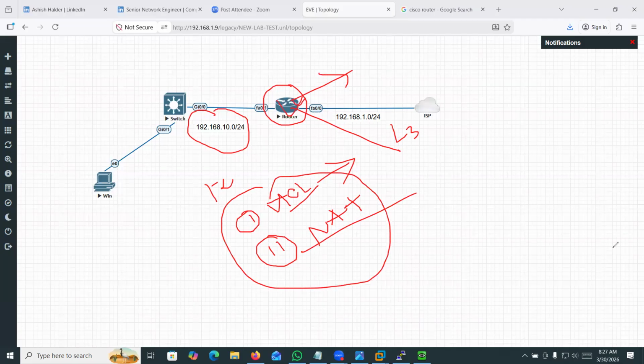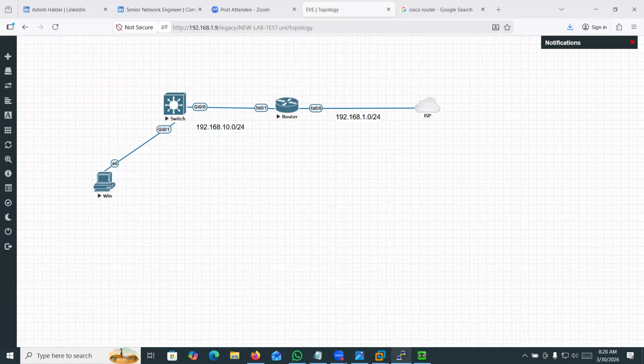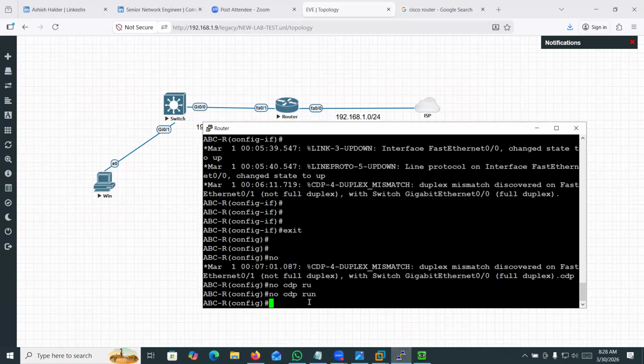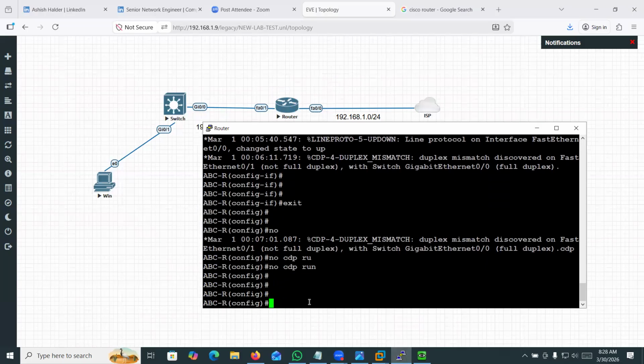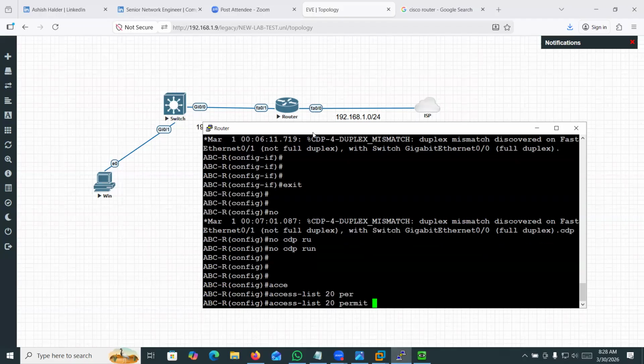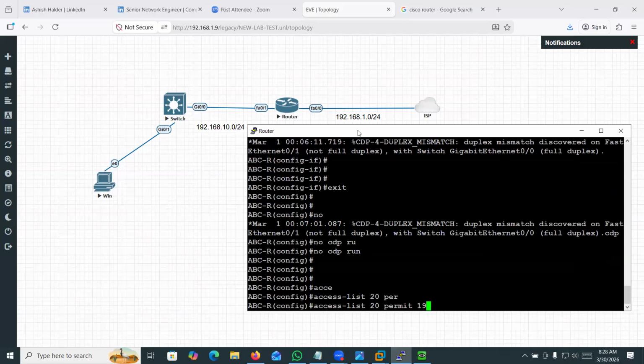ACL is a big topic, and NAT also, so I will not discuss them in depth. I will just configure it on the router. First, I will configure an ACL access list. I will give number 20 permit and map my LAN network 10.0 using the wildcard mask.